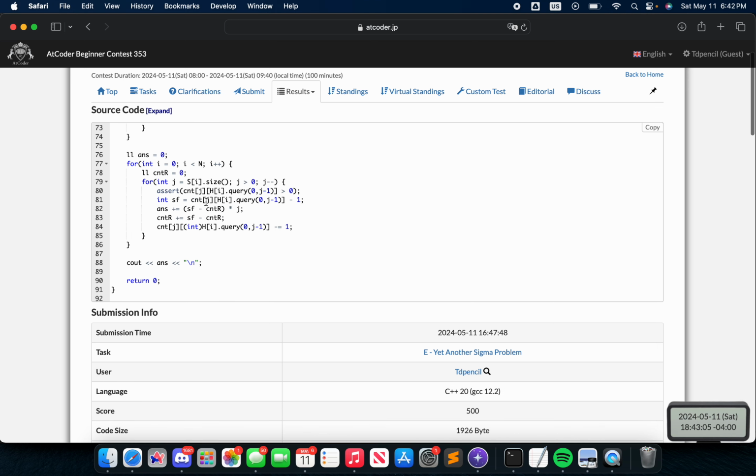And then I'm going through every prefix and finding how many words have that same prefix. But I'm going backwards, from the biggest prefix to the smallest prefix,